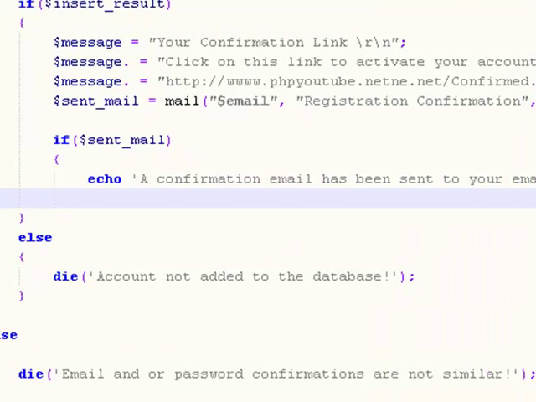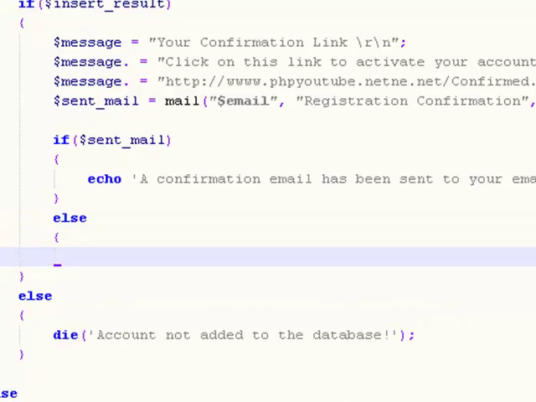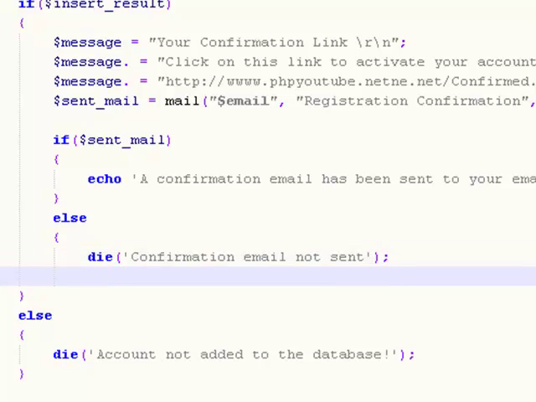And now a final closing brace, and now we're going to add an else statement. We're just going to kill the process and print out on the screen "Confirmation email not sent." And now we're actually finished in registernext.php. So you can save that one right now